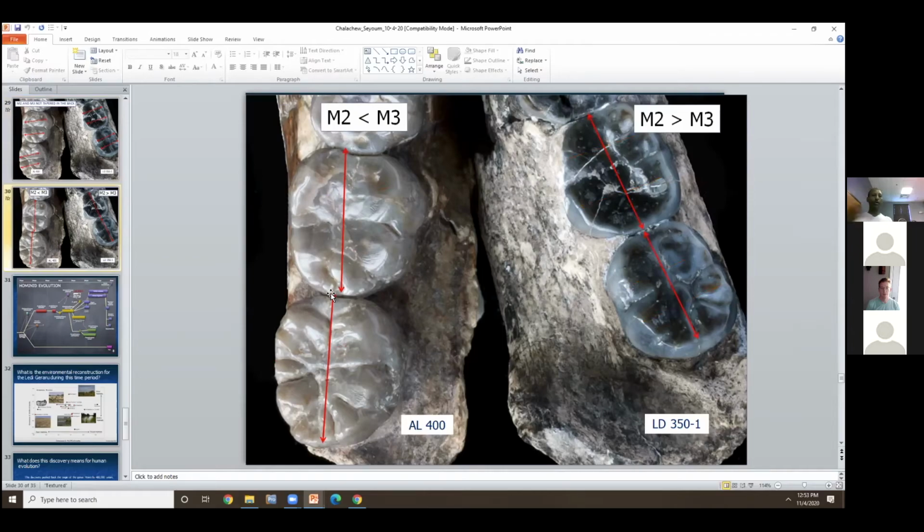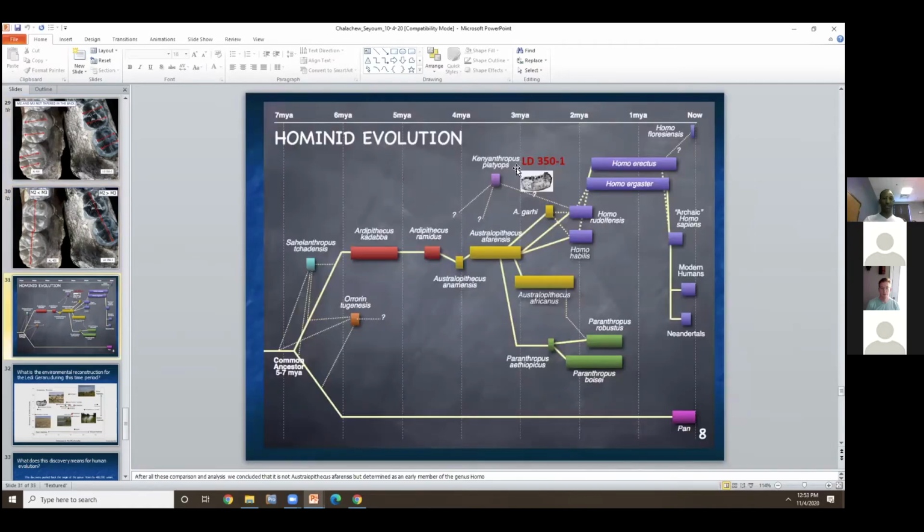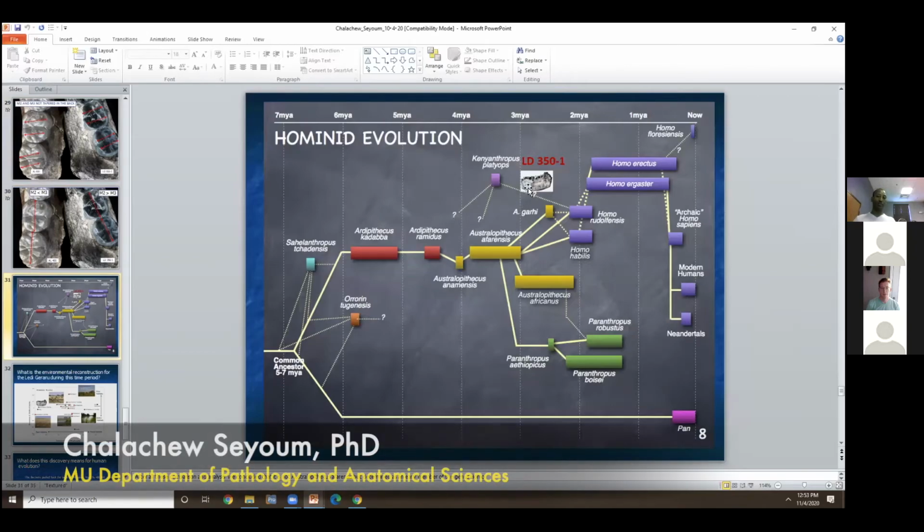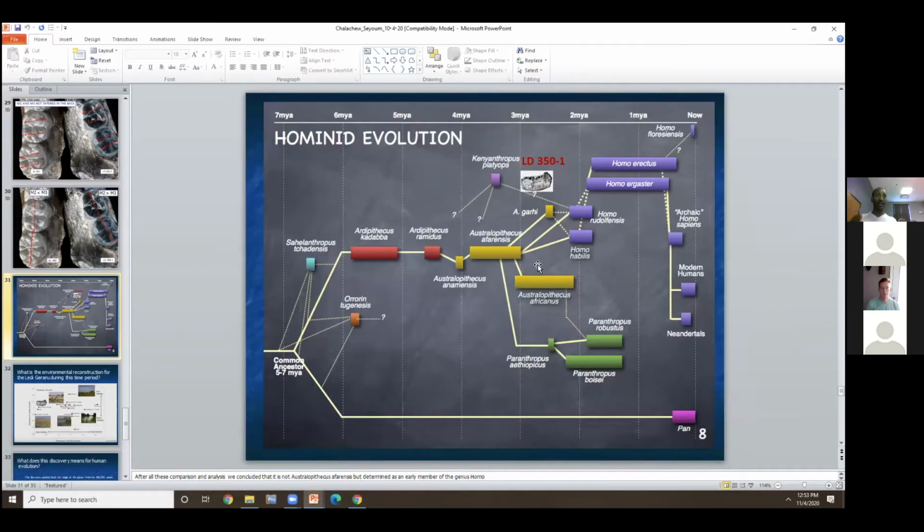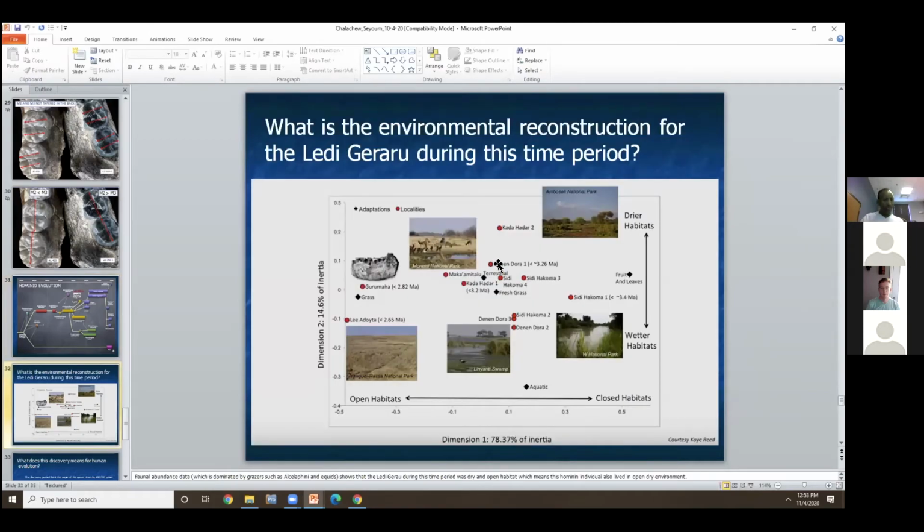All right, so this is where, if you remember at the beginning, I questioned there is a missing specimen. We still need more, but this is where the Ledi-Geraru falls, at 2.8 million years ago, and it gives us some idea what happened around that time period. That doesn't mean it will answer every question. Imagine it's just a jaw. Then what comes is